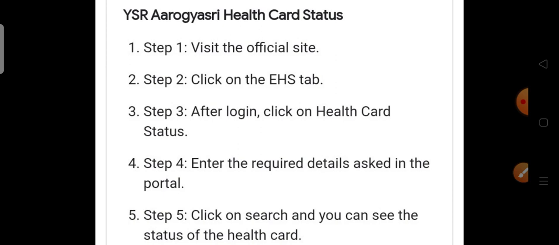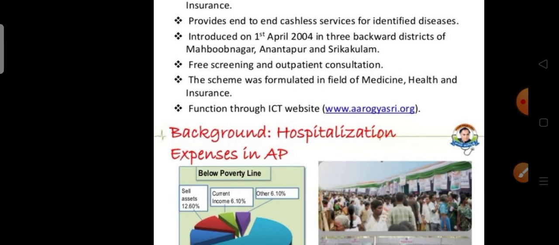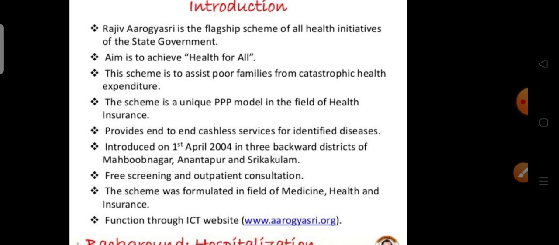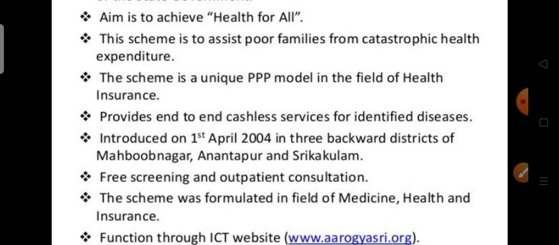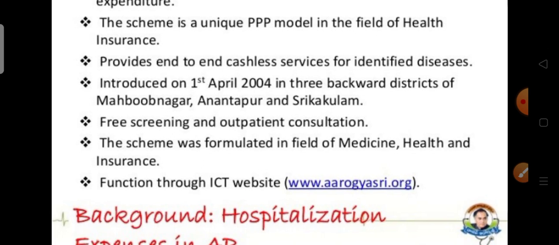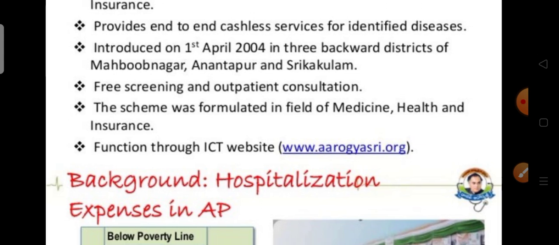Okay, next, the Arogyasri card. Rajiv Arogyasri is the flagship scheme of all health initiatives of the state government. The aim is to achieve health for all. The scheme is to assist poor families from catastrophic health expenditure. The scheme is a unique public private partnership model in the field of health insurance. It provides end to end cashless services for